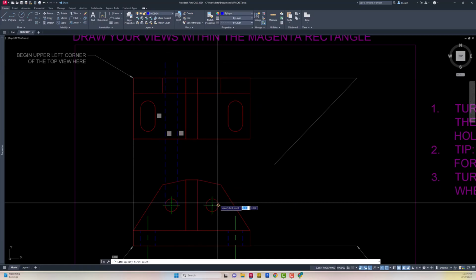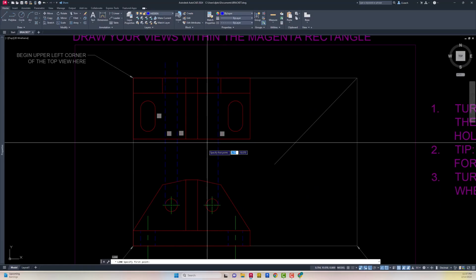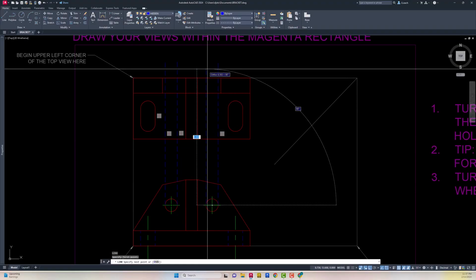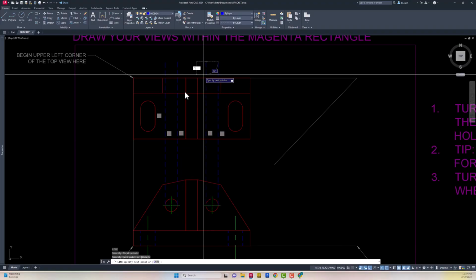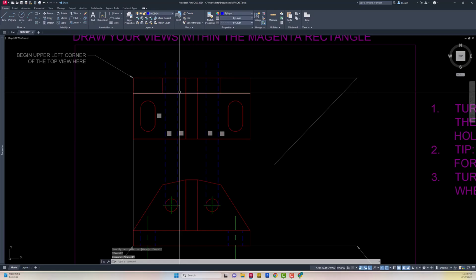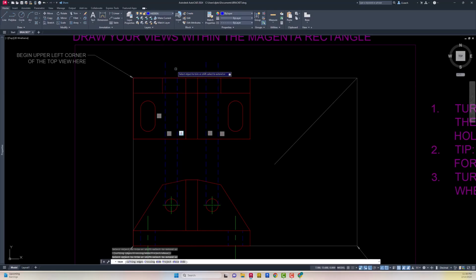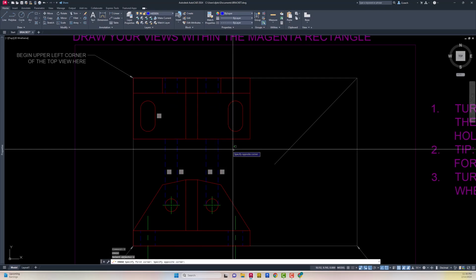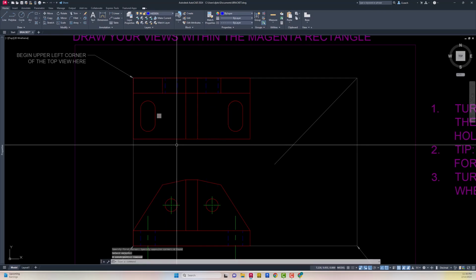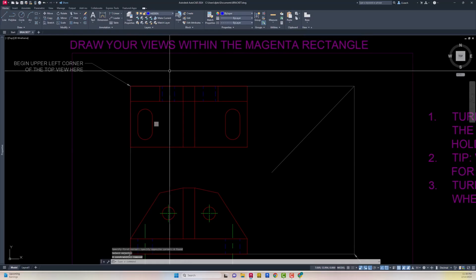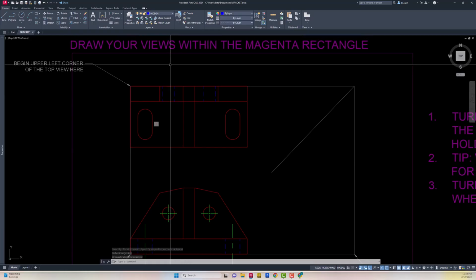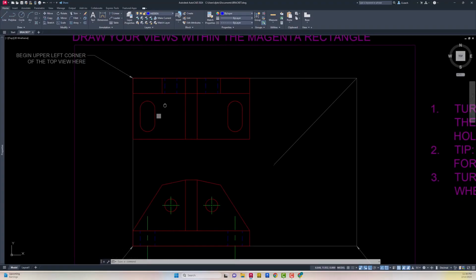Let me just draw these. I'm just projecting the quadrants of those circles because they're gonna cut through here, but we're not gonna be able to see them. So I'm gonna TR for trim these out. Just draw a line here. Can erase these now, don't need that. So then what I want to do is I am going to, before I do that, let me